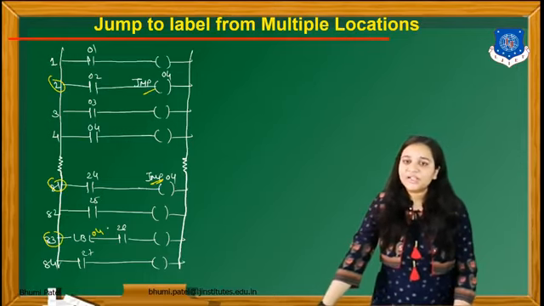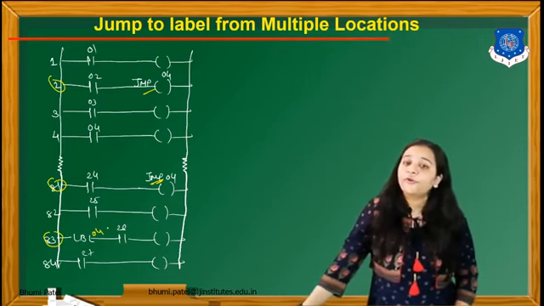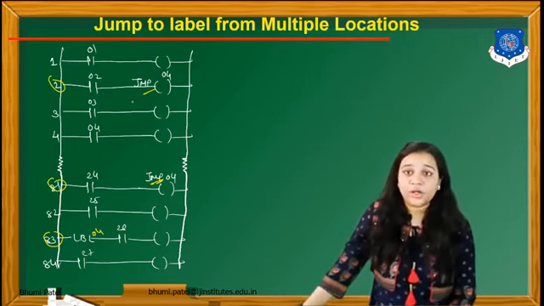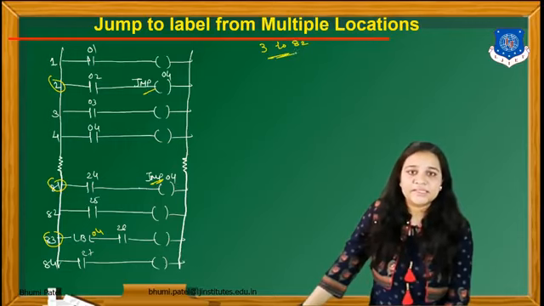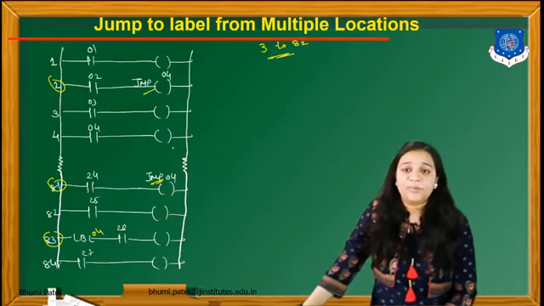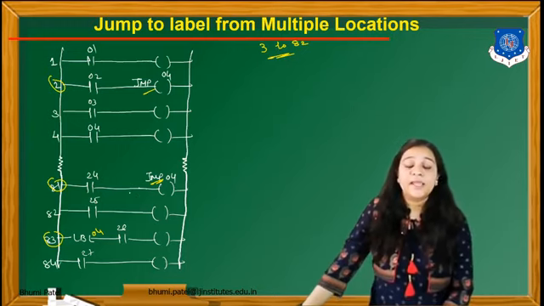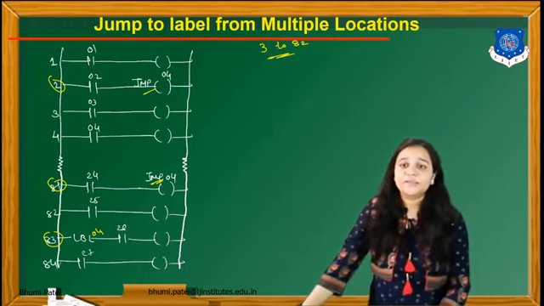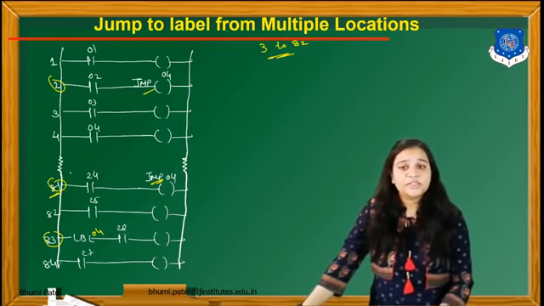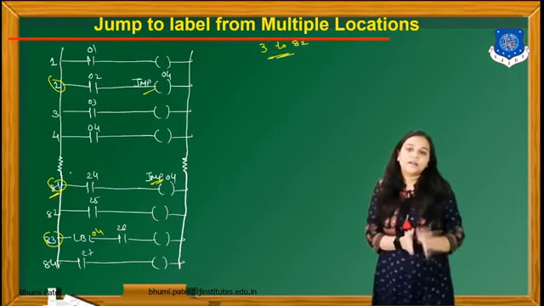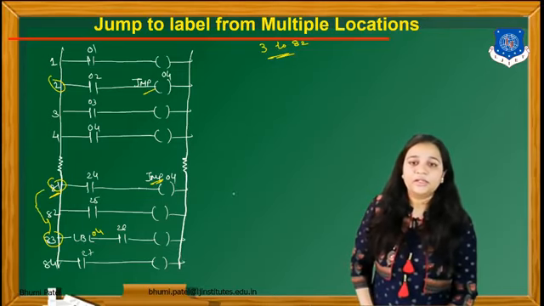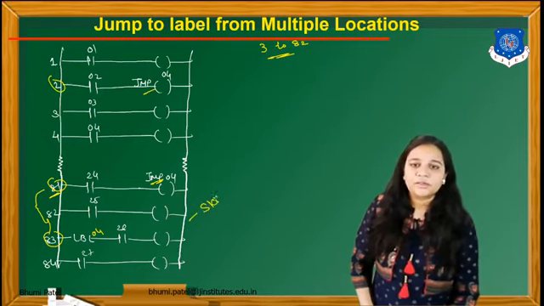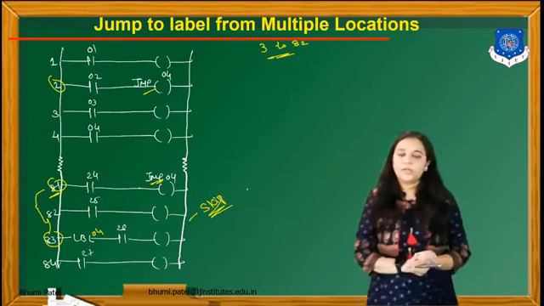At which place will it jump? It will jump to the 04 location. So it will jump from rung number 2 to 83, which means rung numbers 3 to 82 will be skipped. Similarly, if the program runs as it is and reaches line 81, the jump instruction is given in rung number 81, so after that it will jump to rung number 83. So rung number 82 will be skipped for this particular program.